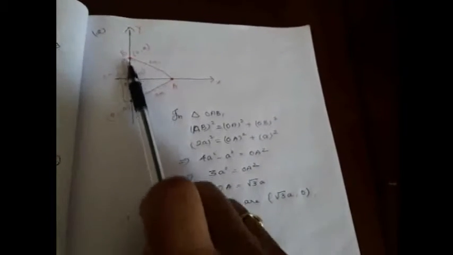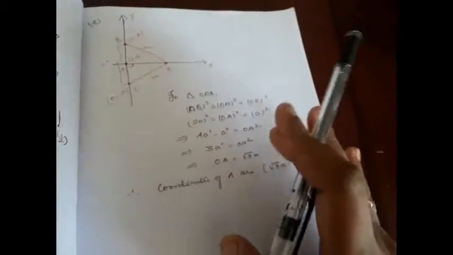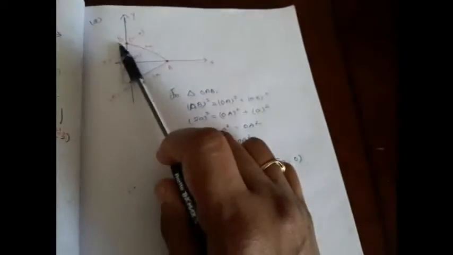Therefore, by applying Pythagoras theorem in this triangle OAB, we got AB square is equal to OA square plus OB square. This is 2A. What about OB? This full distance is 2A. This is A. So A square. So if we simplify, we got OA as root 3A. Therefore, the coordinates of A are root 3A comma 0, because it lies on x-axis. So what are the three vertices of the triangle? So root 3A comma 0, 0 comma A and 0 comma minus A. Only this is the possibility? No. We can have the triangle this way also, right?